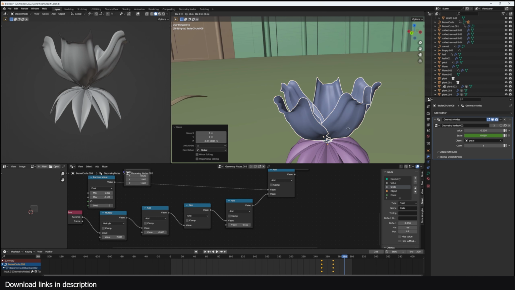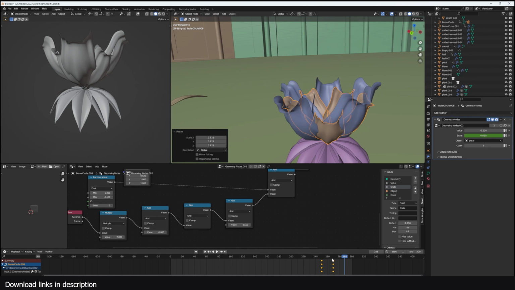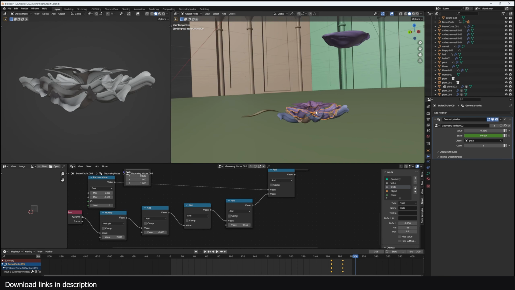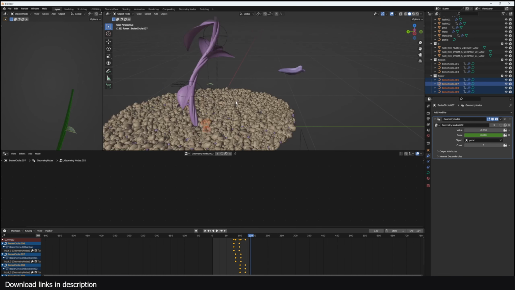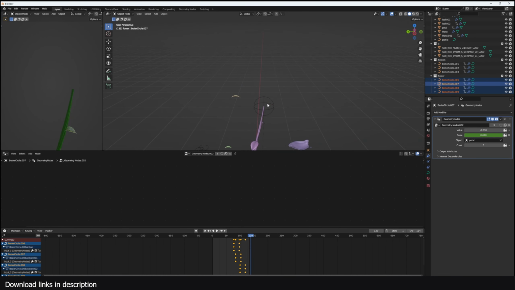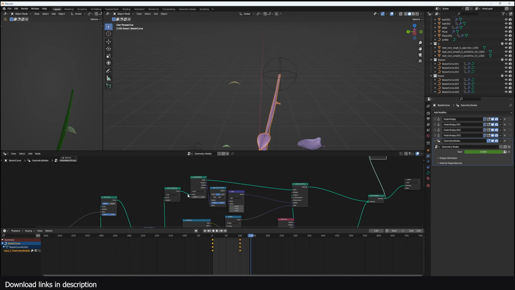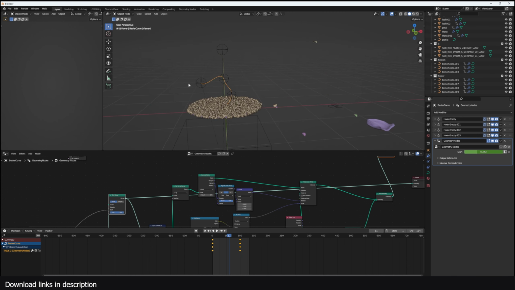And what you can do is duplicate this, give it a rotation, and maybe scale it down a bit and offset the keyframes. Make sure that everything is at the center and you have your collection. Then we need to bring this collection to be the tip of our flower here. So to do that, all you have to do is just go back here, create a new branch. So where we still have the trim,